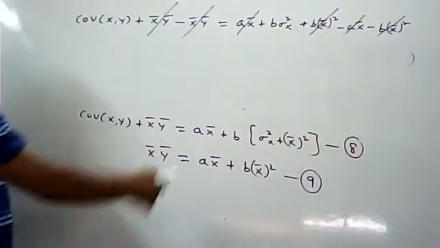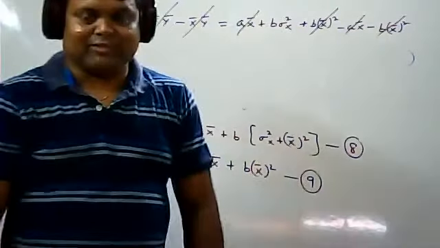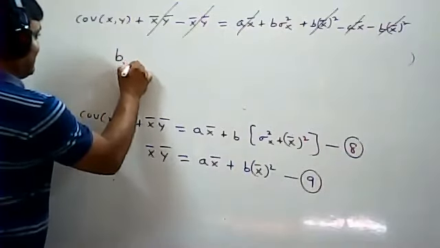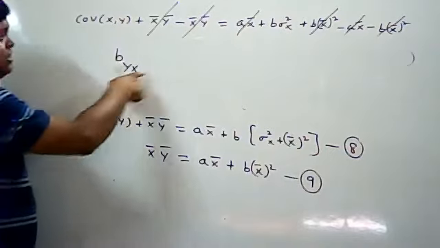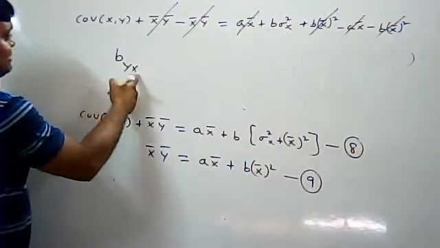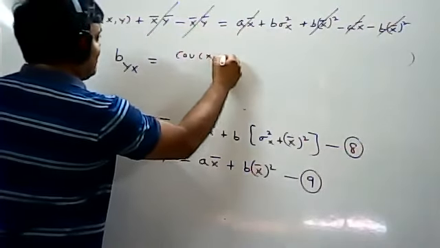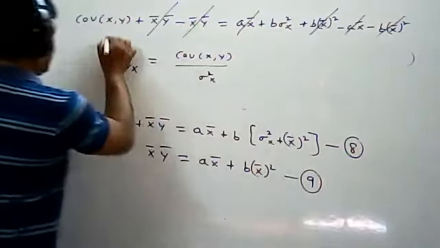So what do you have to calculate? You have to calculate the b value. This is the regression line of y on x, so you will get the slope of y on x. That is the reason I denote it as b yx. If you are doing x on y, you will get b xy. Now this is the b value you have to calculate. So for y on x, I am treating it as b yx equal to covariance of x, y divided by sigma square x.